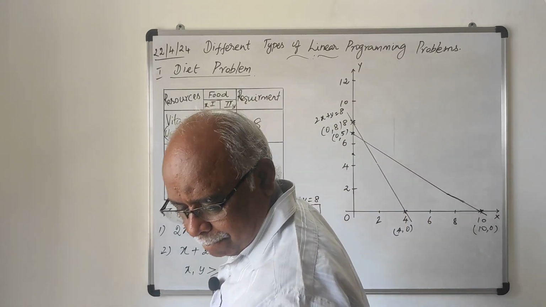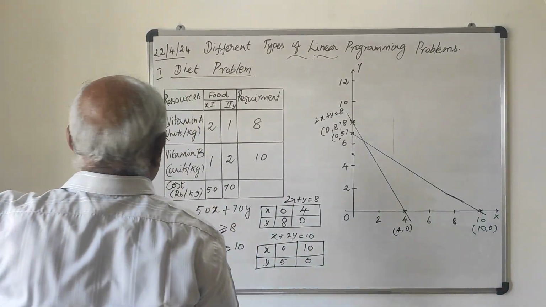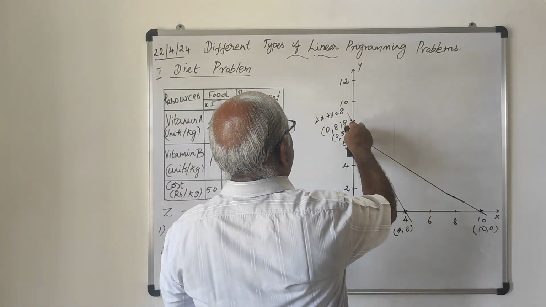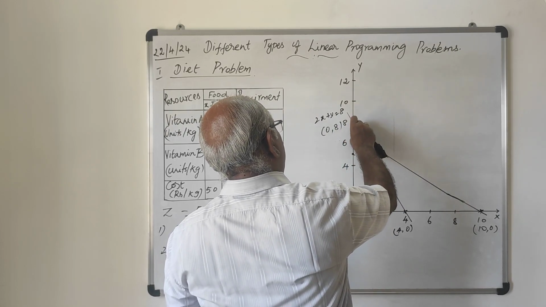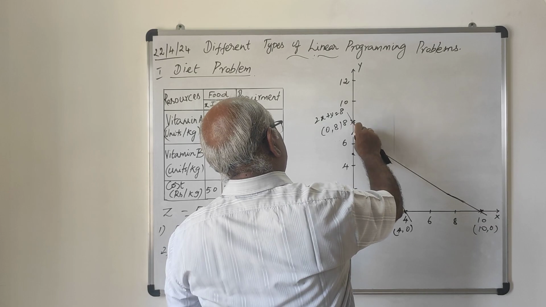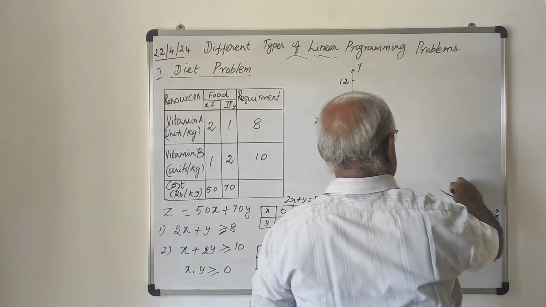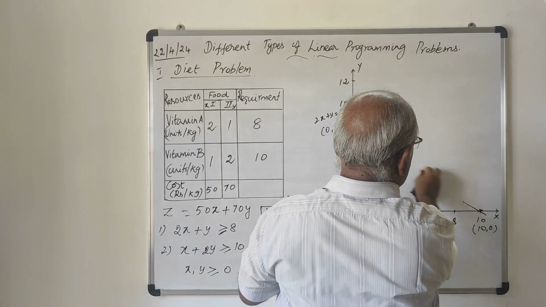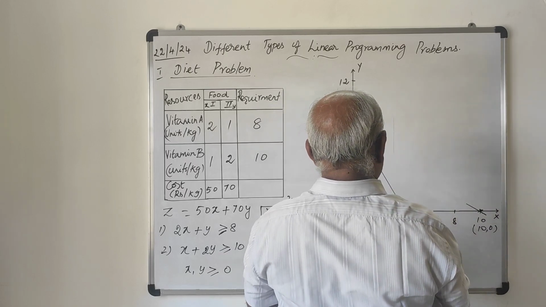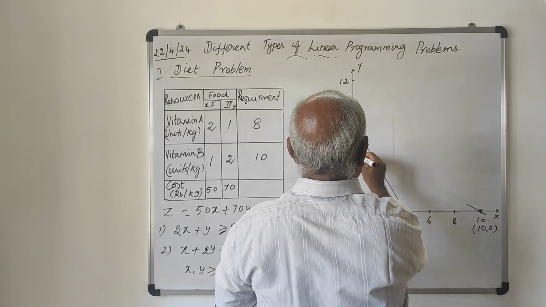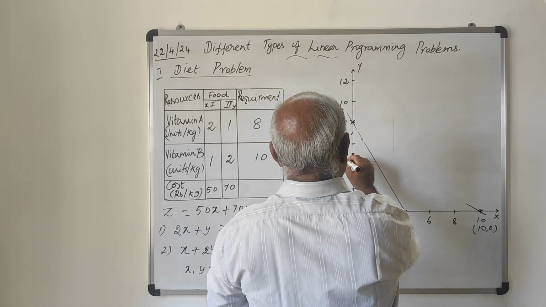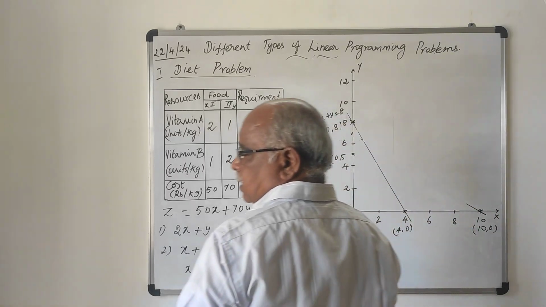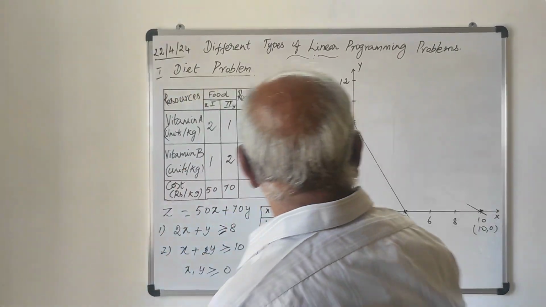I'm sorry, I got it wrong. This is 10, 0. Okay, all right. This is 0, 5, 0. So for that,